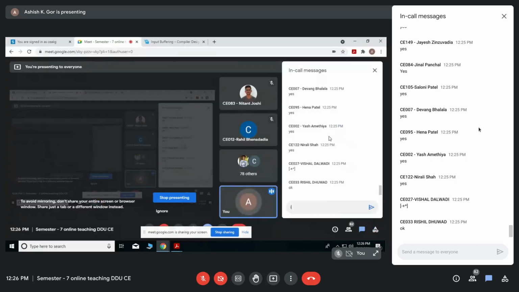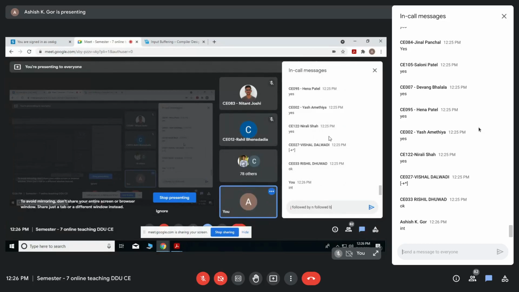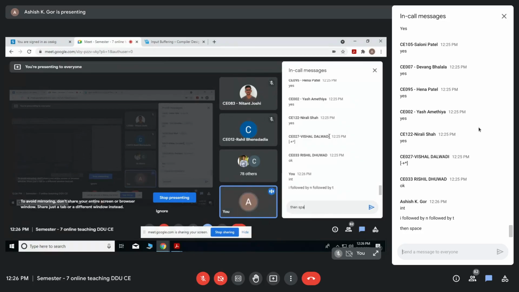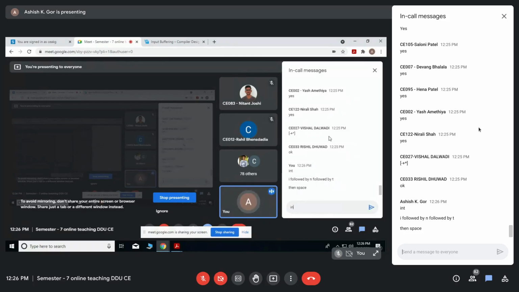For example, for int, the pattern is I followed by N followed by T. If you get I followed by N followed by T and then definitely a space, you can say INT is a token.